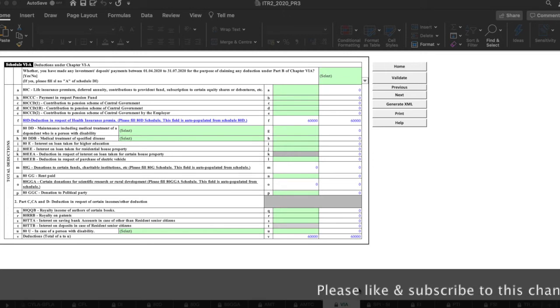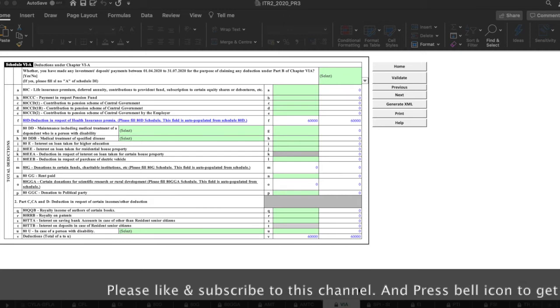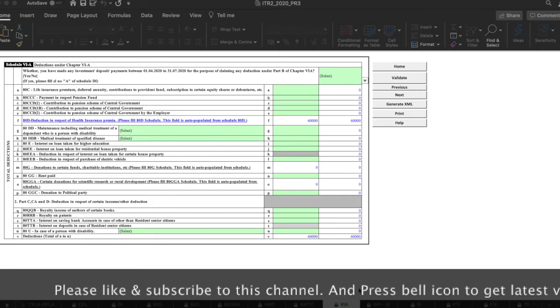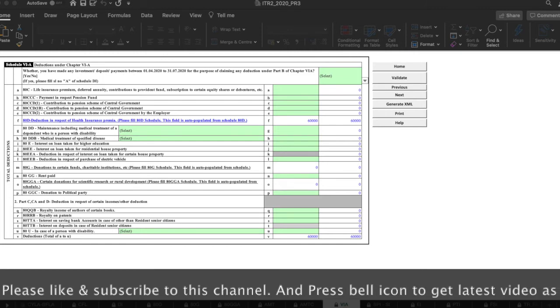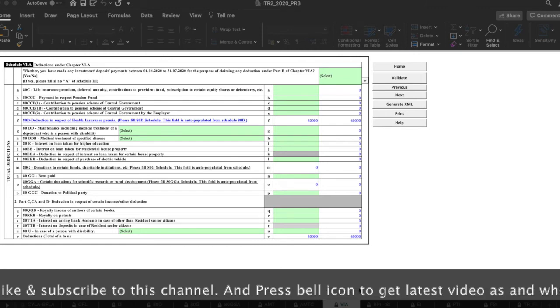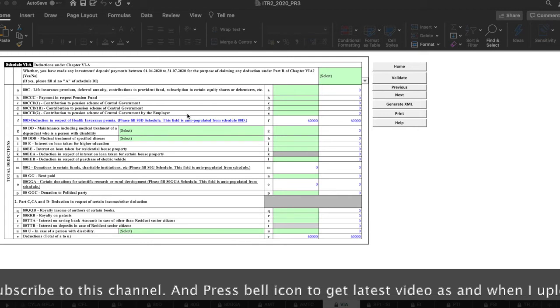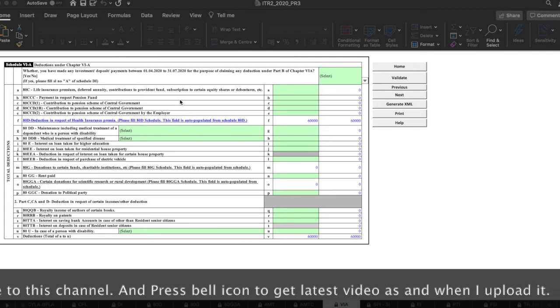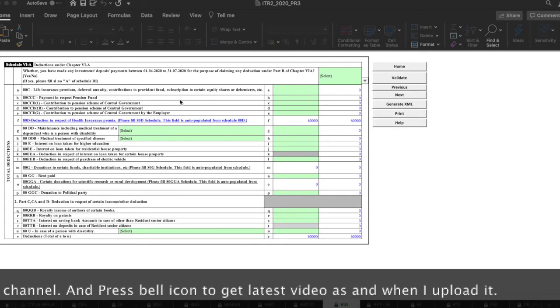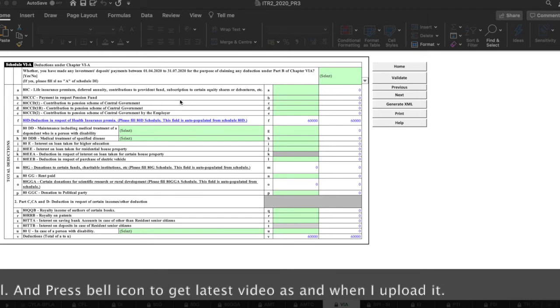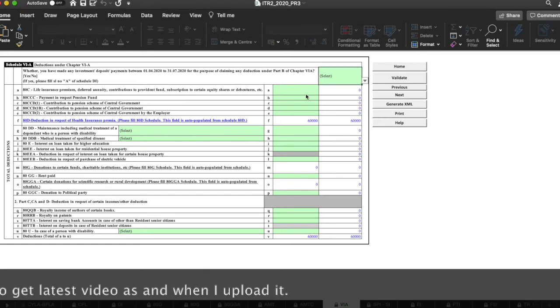Next is 6A. There you can update the amount you have invested under 80C, then 80D, 80TTA, 80TTB, all those can be updated here. 80C covers life insurance premium like LIC or similar insurance policy investments you have made, and you can update that amount here.